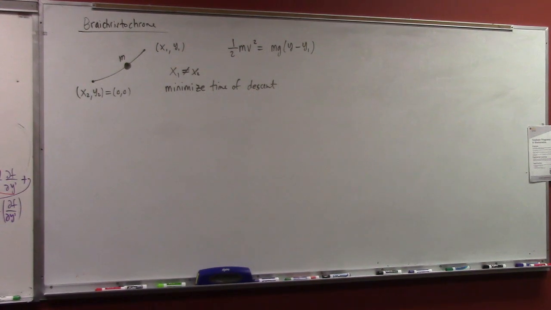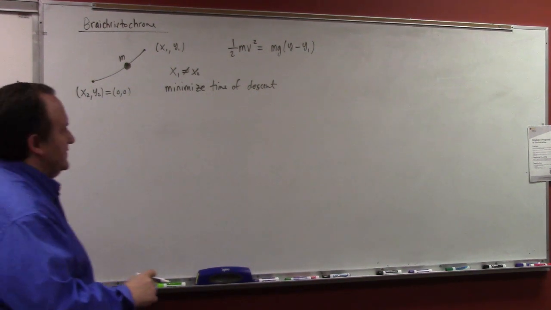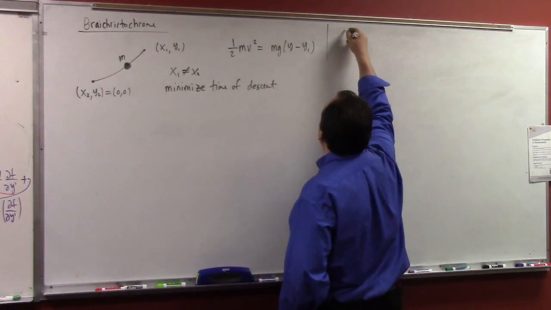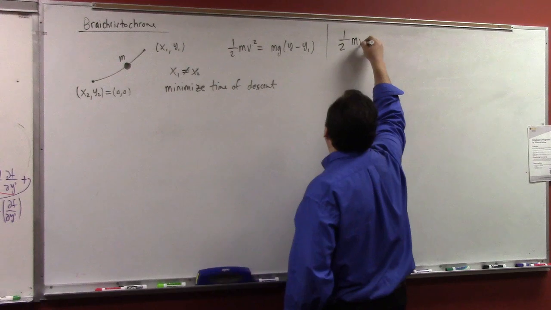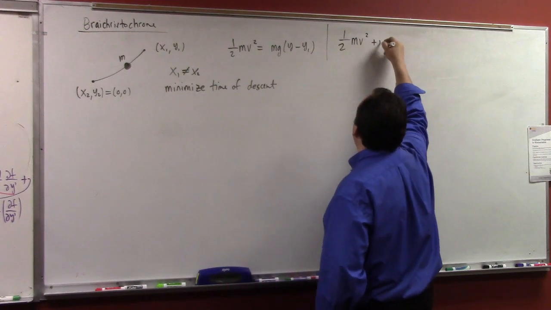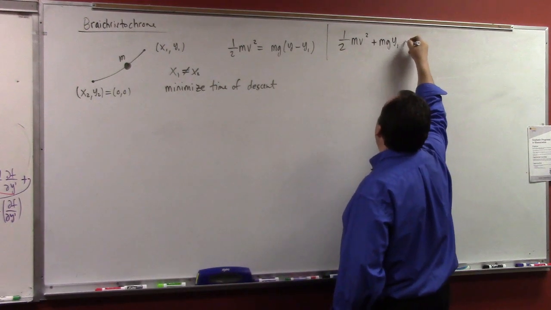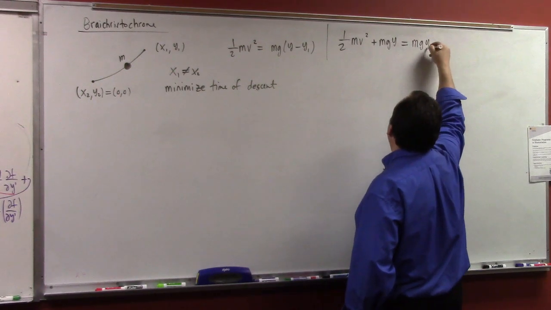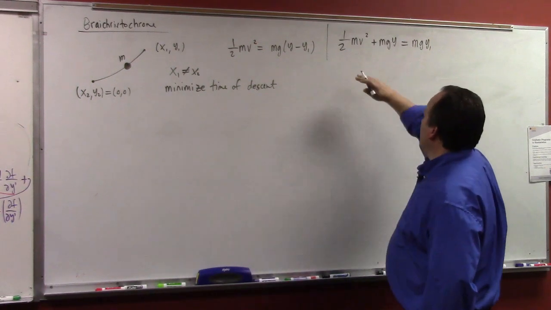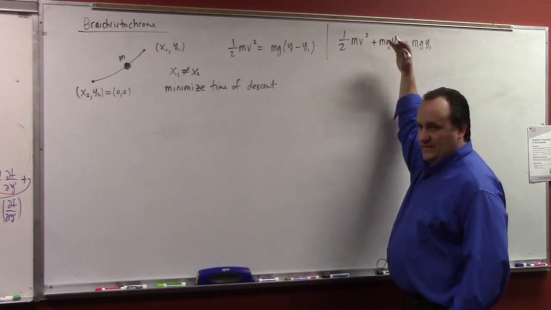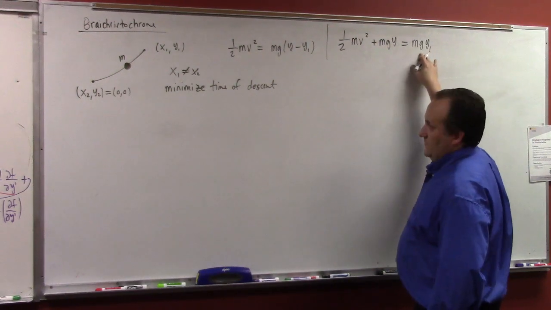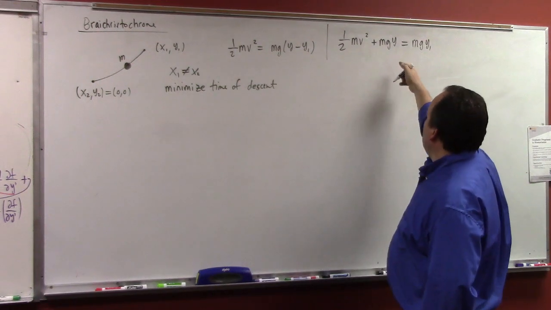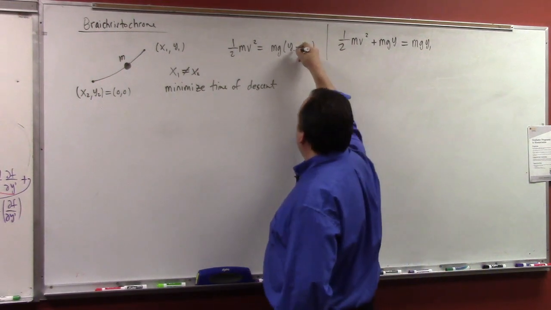Yeah, there's a typo there. It's a typo in my notes. Goodness gracious, that's annoying. What would conservation of energy say? 1/2 mv squared plus mgy is equal to mgy1. So this would be the energy at some point after it has slid down a bit, and that's the initial energy. The initial energy is just potential. So when you solve that, you get y1 minus y, not the other way around, okay?